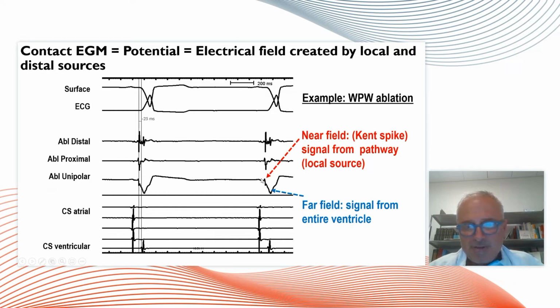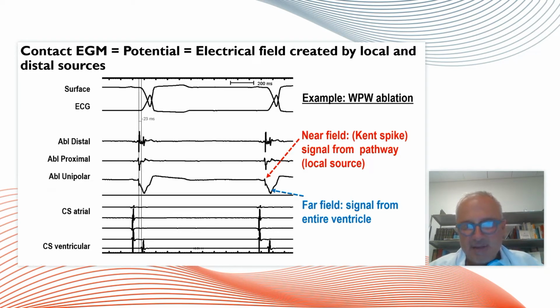And I choose this example because it shows nicely what the near field signal is, the Kent spike here. And then you see the big